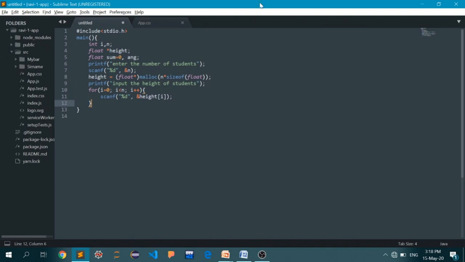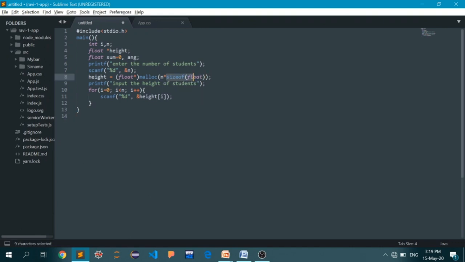So what I have done is initialize a pointer of type float, and then assign to height the pointer to the first memory location that is returned by the malloc function, and the total size of that memory block is decided by this expression.